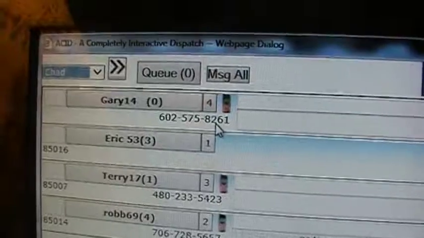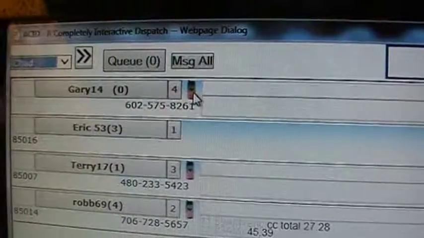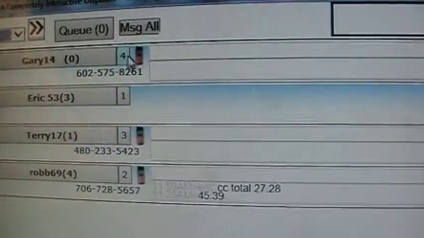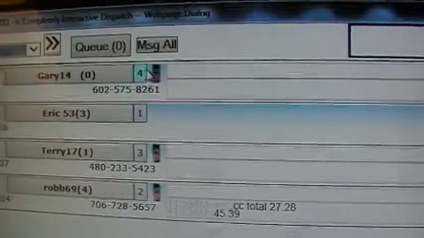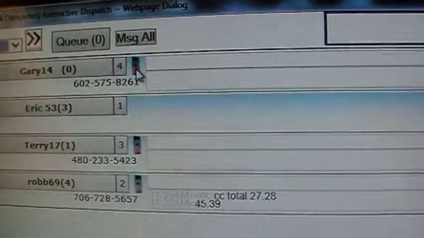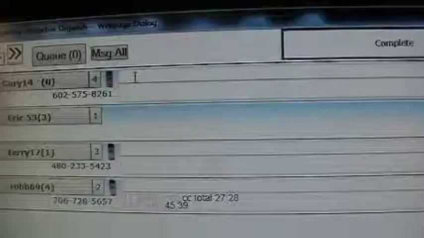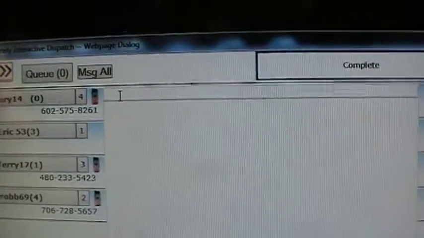It will sign Gary on up here, so you can see that he has a sign on with his phone number. And he's ready to work. So he's the 4th person because he's the last that just got signed on. It shows a little cell phone number, that is the indication. This box here to the right is